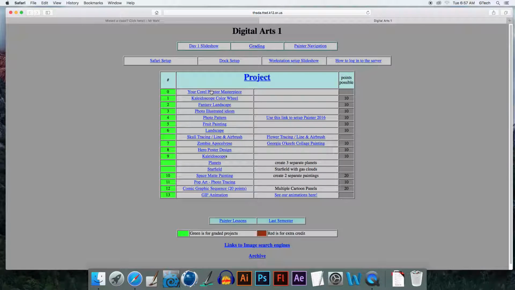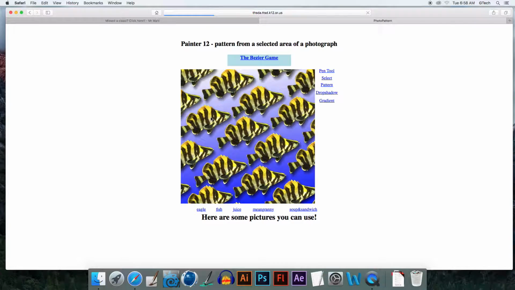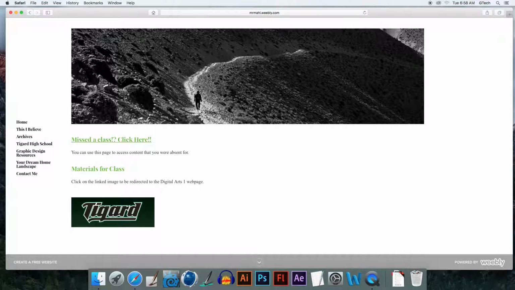This will take us right to all the projects that we've been working on. Say, let's look at something cool that you saw in the fantasy landscape or the photo illustrated idiom or the photo pattern. If I click on photo pattern, you can access the information from Mr. Leidy's webpage.